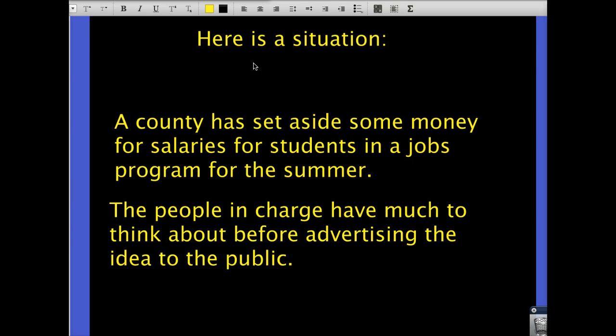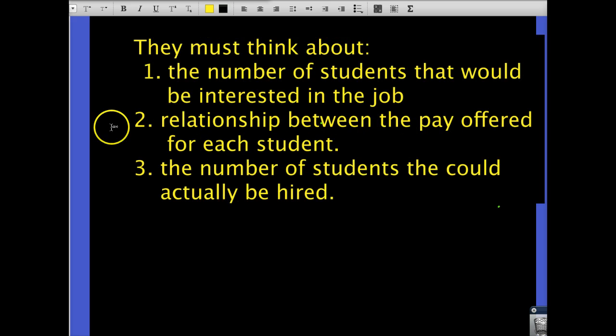Okay, so here we have a situation where a county has some money set aside for salaries for students in a summer job, in a jobs program for the summer. So these students would decide whether or not they wanted to apply for a job if you wanted a summer job, right? So the people in charge have to think about a bunch of things, and just to name a